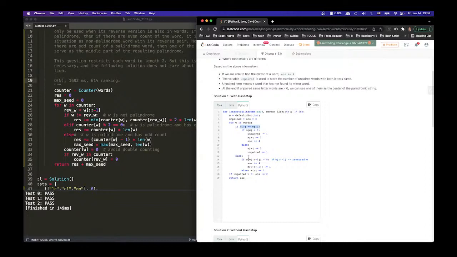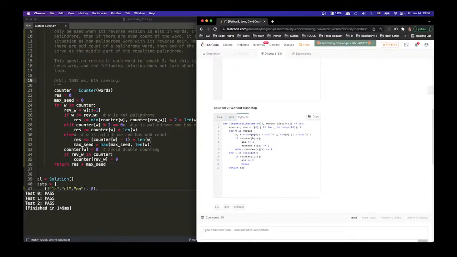Else, if the reverse is larger than 0, answer plus 4. Otherwise, this plus equal 1. And at the end, if there are unpaired,